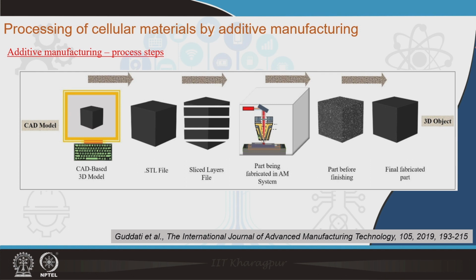As I already mentioned, it starts with the CAD model. That means first the CAD model of the component to be made is created, and then this CAD-based model is sliced into individual 2D layers. This information is fed to the computer, to the main fabrication system, and then we come to the stage where this 2D model is fed into the design,